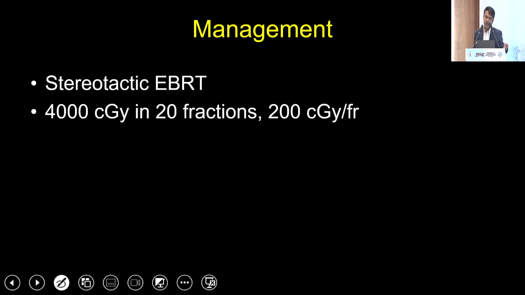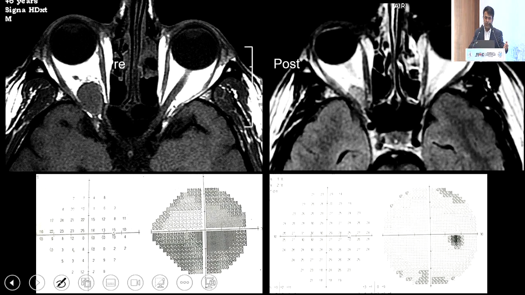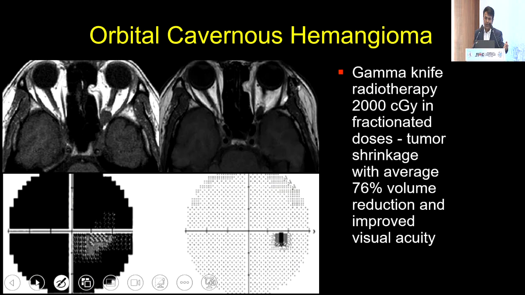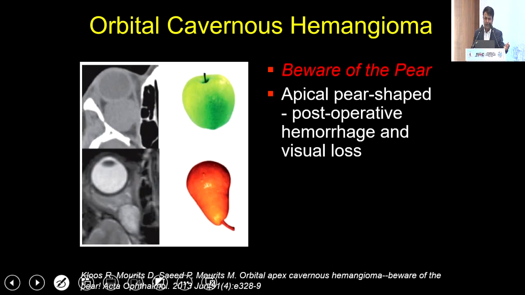And if you were to meddle in this area too much, although it is cavernous hemangioma, he may have a risk of vision loss or visual field loss, which may exacerbate further, or even diplopia. In such a situation, we would choose a conservative approach, which is stereotactic radiation. You can see impressive reduction in the tumor volume and consequent reversal of visual field defect. We give a slightly higher radiation here, but we have learned that even a lower dose radiation works. 2000 centigray was used in this published case, where you see this tumor, which is very much apical, has become much smaller with complete reversal of the visual field defect.